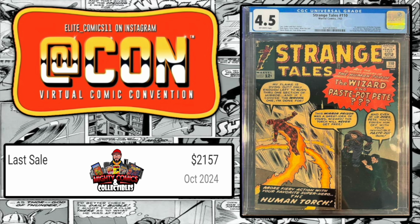So then, of course, we have the letter S, and there are a lot of great books that start with that letter. So we're going to take the big one first. It is a copy of Strange Tales number 110. We all know what this book is, the first appearance of Doctor Strange. Now, this book does suffer from a horrible cover. We all know that. But this copy in a CGC 4.5 with off-white pages last sold in October 2024, just this month, for